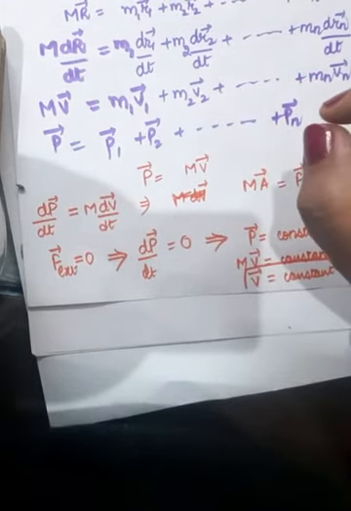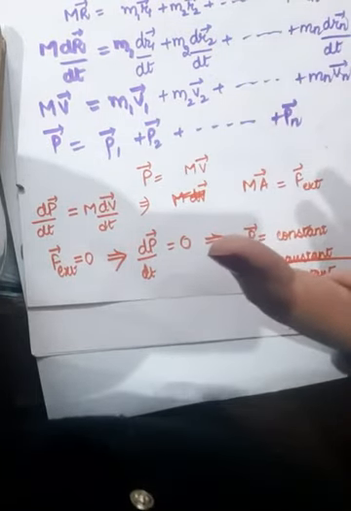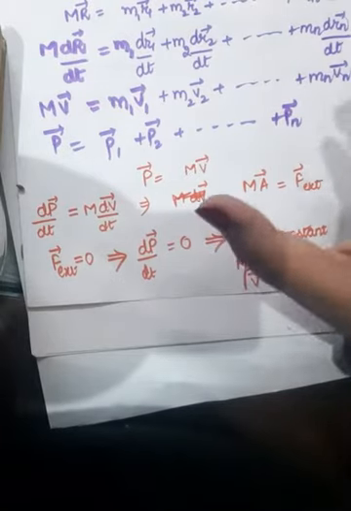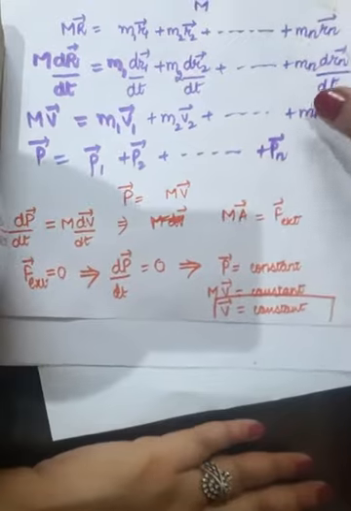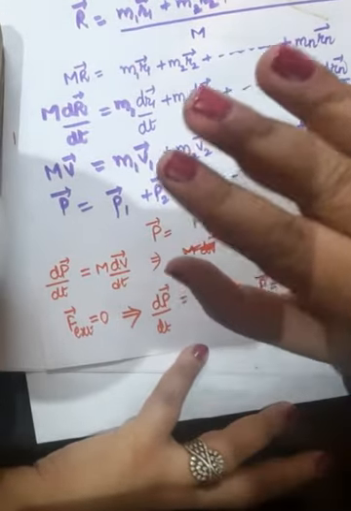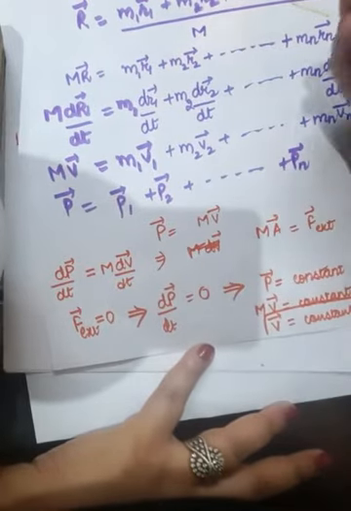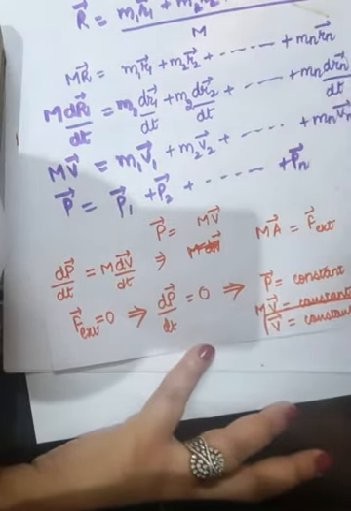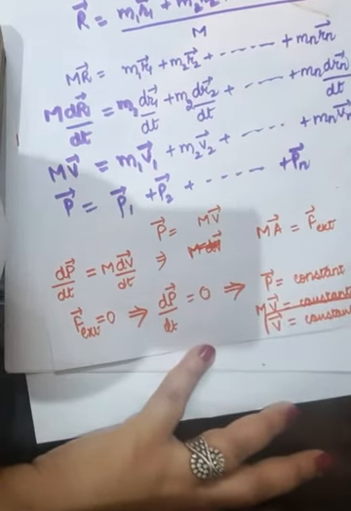I repeat the fact that from this derivation, we need to learn a very important fact, that when we are applying no external force on the system, then the momentum of center of mass remains conserved. Although the other particles may be moving here and there, they are moving in accordance to conserve the total linear momentum of center of mass, right?